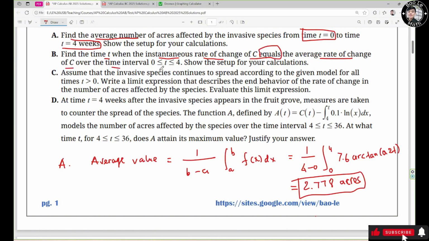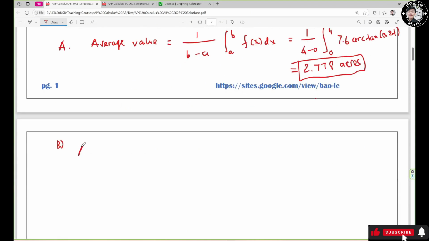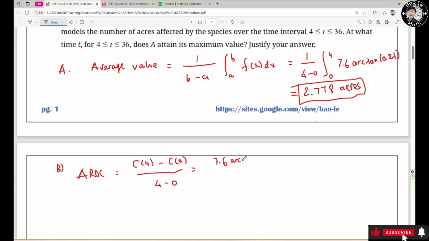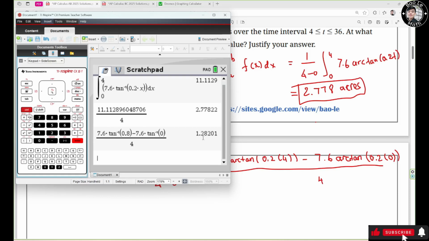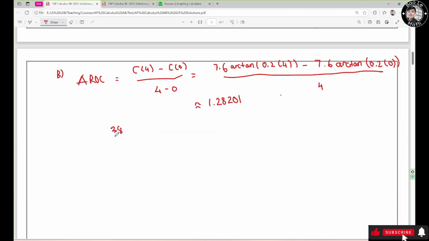So the average rate of change is going to be C of 4 subtract C of 0 over 4 minus 0. Multiply by 4, subtract 7.6 tangent of 0.2 multiply by 0, divide by 4. Bring up the calculator and hit enter. The answer is 1.28201. So 38 over 25 plus t squared equals